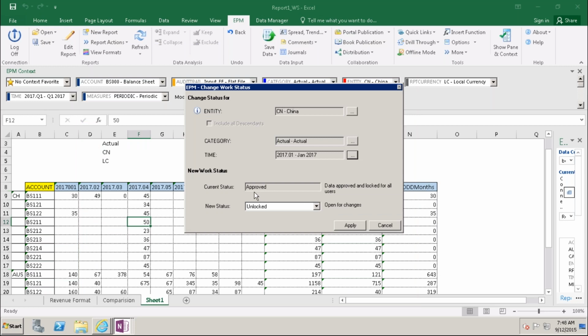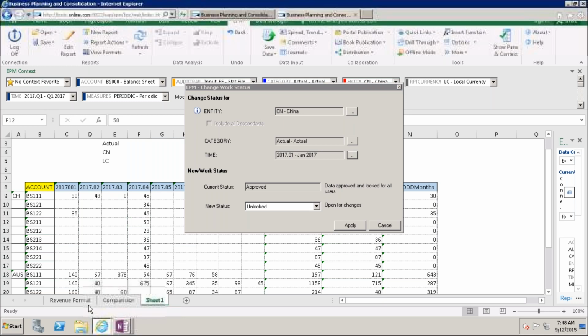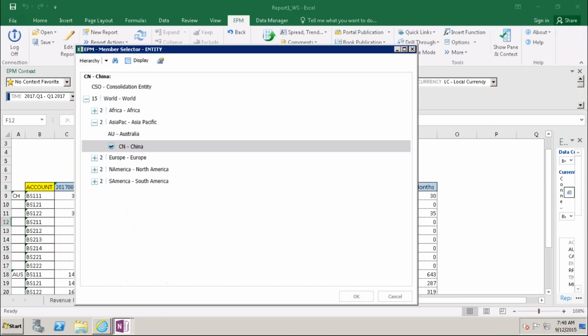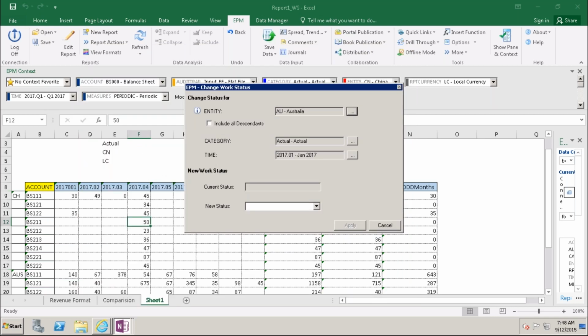Approved for all base levels. So if you go and see here, any base under Asia Pacific, China, AU, you take, for example, you click here, only we have two. AU also will be approved. Under that, any base member you have, it will be approved.